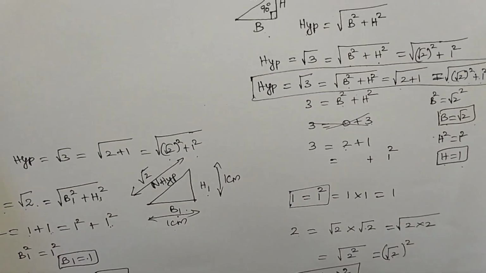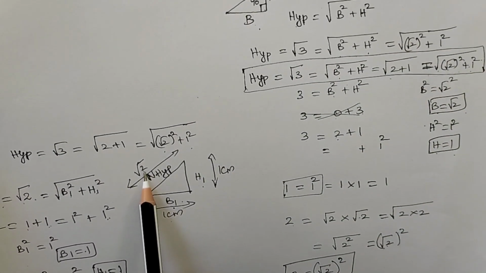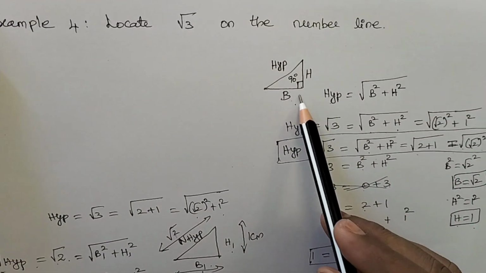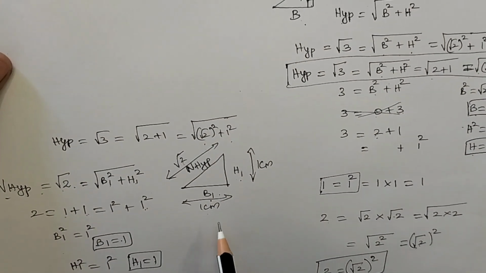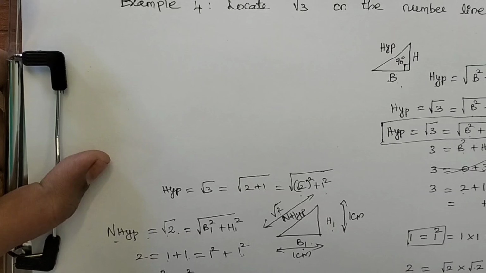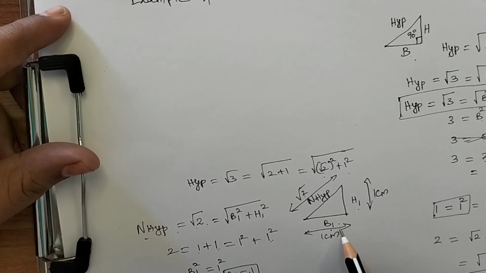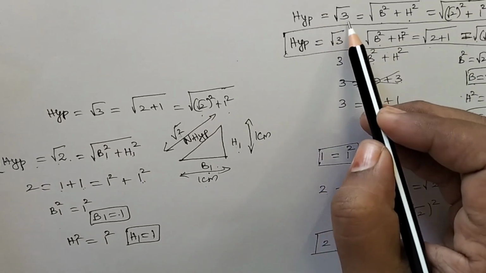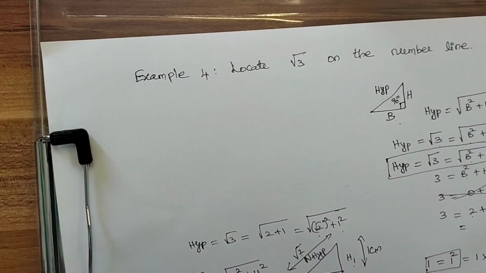So why am I calculating all these things? For doing this diagram, I first require root 2. So first I need to draw this diagram. Using this measurement only, I can draw this diagram, that is, I can find out root 3 on the number line. So first let us consider this right angle triangle. Let me consider the base 1 and height 1. Let me draw the root 2, and then using this root 2 measurement and the height h equal to 1, I can find out the hypotenuse, which is nothing but root 3. And then I can measure it on the number line.